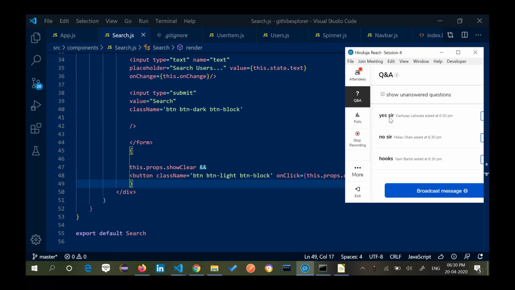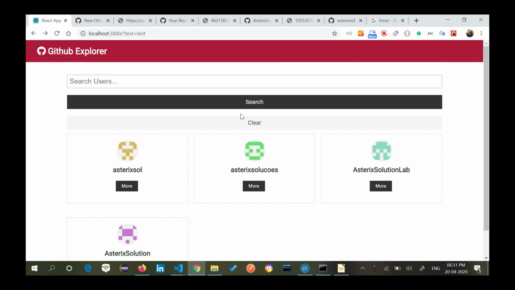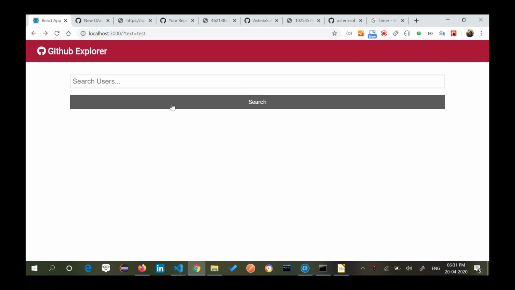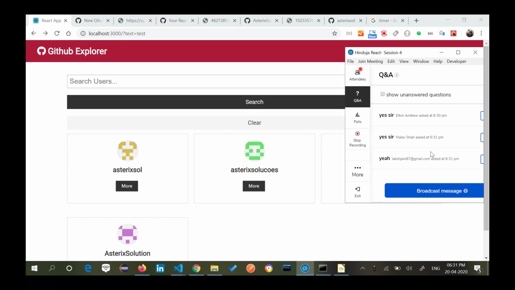Is everyone clear till this point? You can consider that you are done with the project, and you can see that things are running very fine. This is something you can show on your resume as well, that you are making the calls and fetching the data. But how about I press the search button now? I have clicked on the search button, not passed anything, and the loader is still on. That is the reason I should do some sort of validations here.